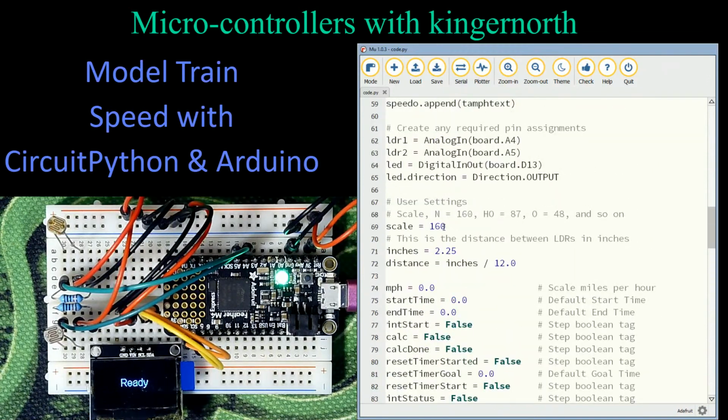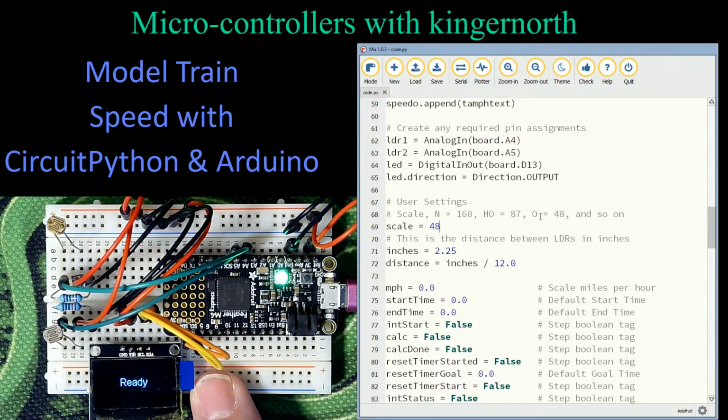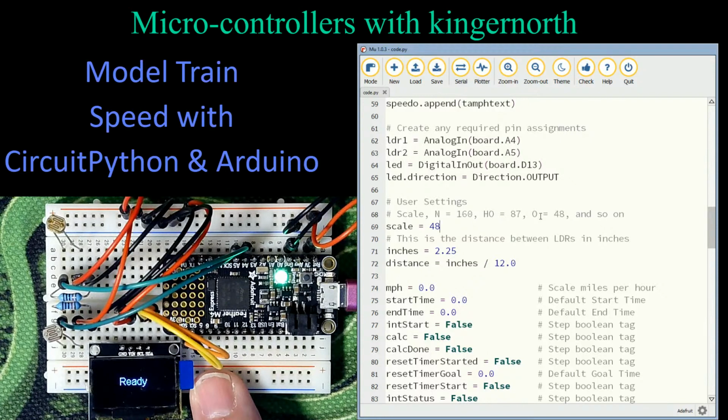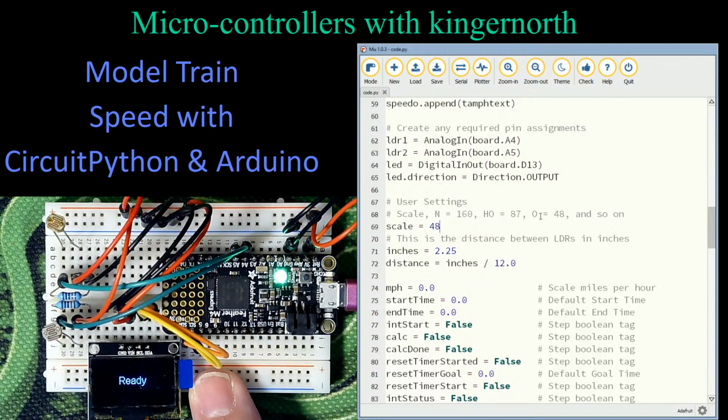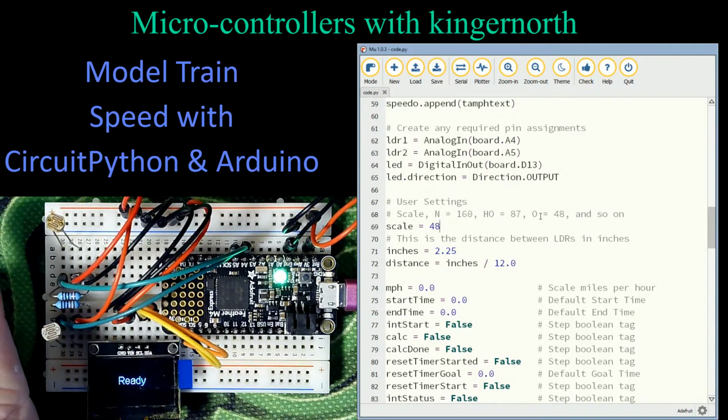Let's change that to 48 without changing the distance to the center. Okay, and I'll go save. We'll see it now. It goes through its startup screen. It's going to show calibrating in a moment. There's calibrating. Ready. Look how fast. Actually, it was probably less than a second to do 10,000 intervals of checking the LDRs. Very, very quick. Okay. Now when we do this,